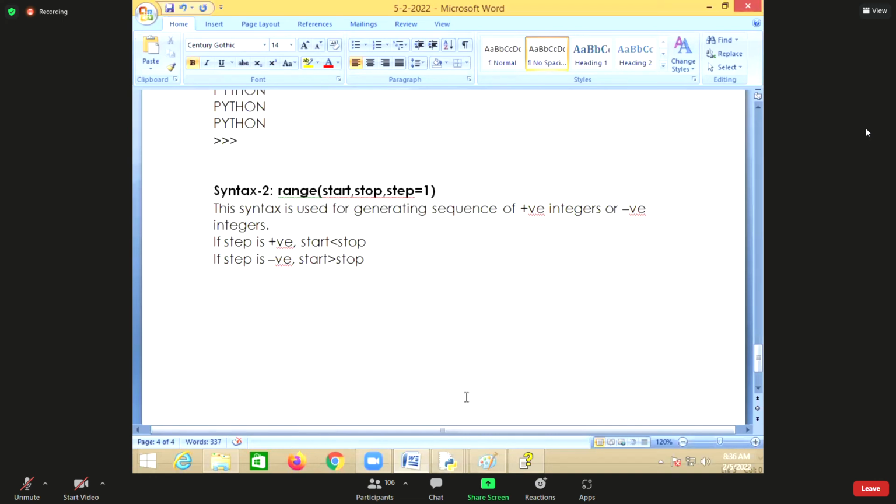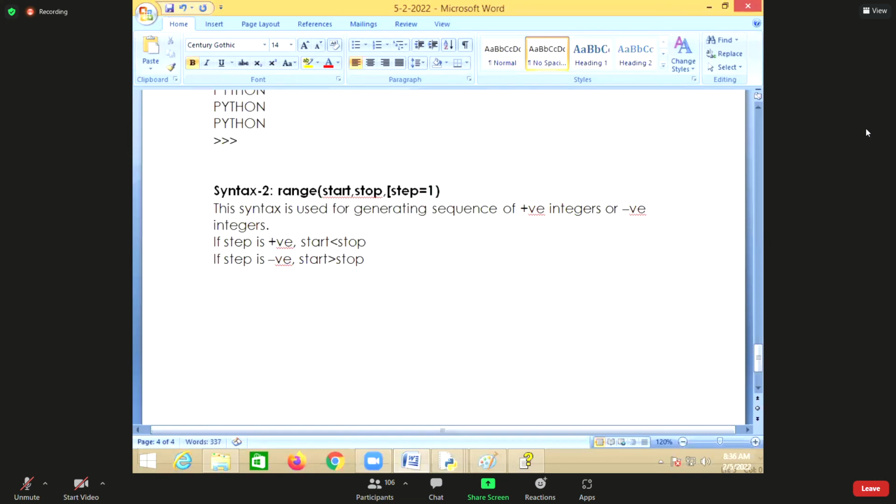That is nothing but 10 to 1 and 1 to 10, decrement order and increment order. Based on that, you have to choose which value your step is.